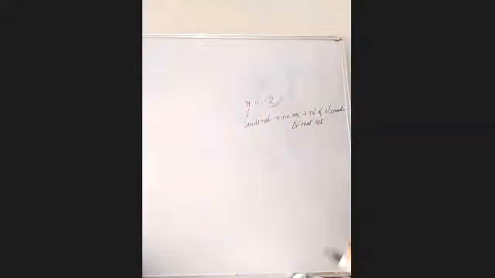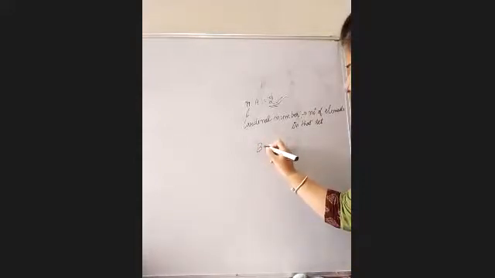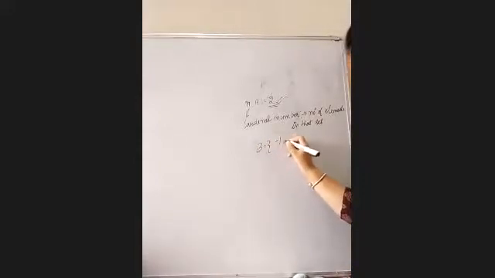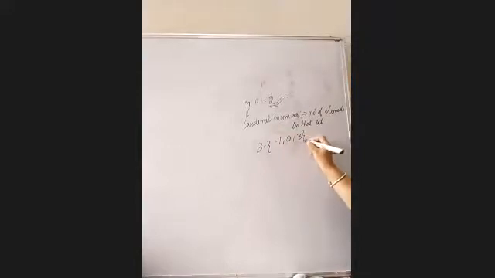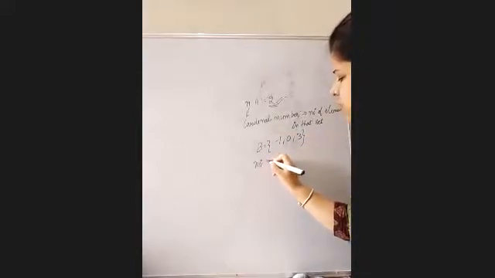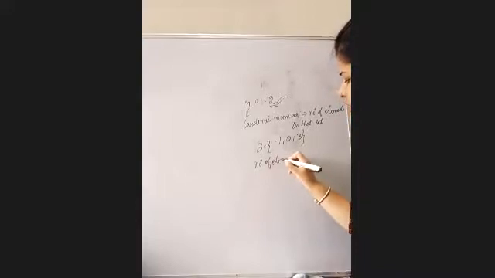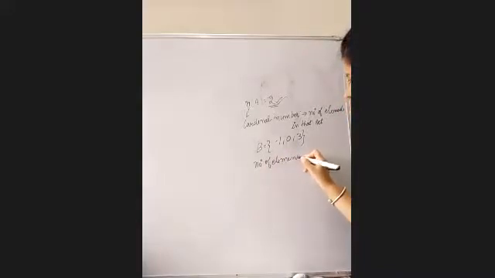So this is given n of A that is equal to 2. Now, if B is equal to minus 1, 0, 3, what is the number of elements in A cross B? Number of elements of A cross B. So listen carefully.